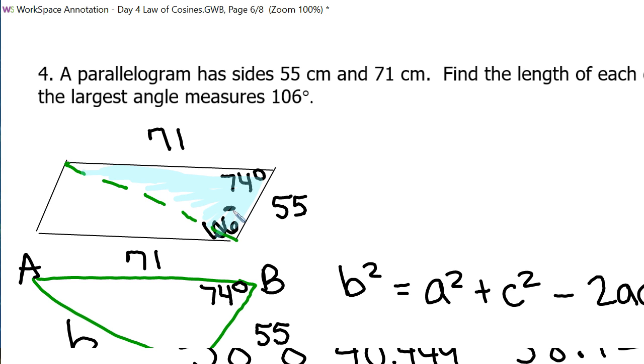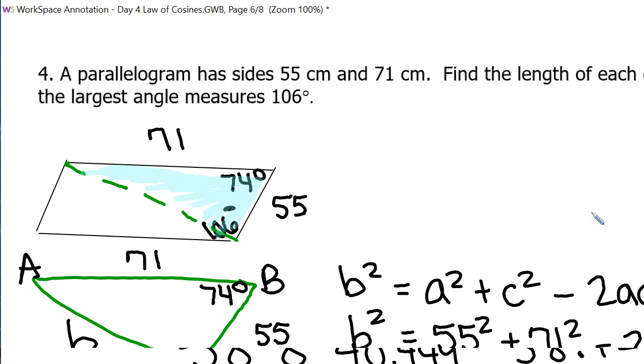We're solving for side B, so keep the b squared. What do we put for A? 55, so this would be 55 squared. Plus, what do I put for C? 71 squared minus 2 times 55 times 71 times cosine, and angle B is